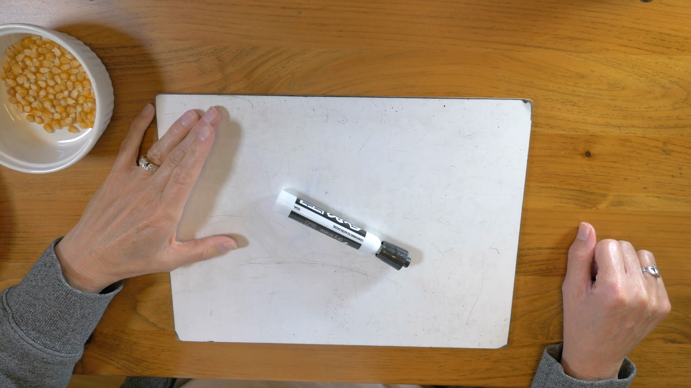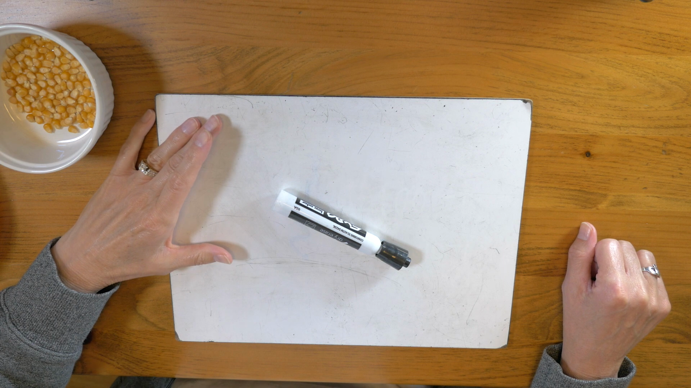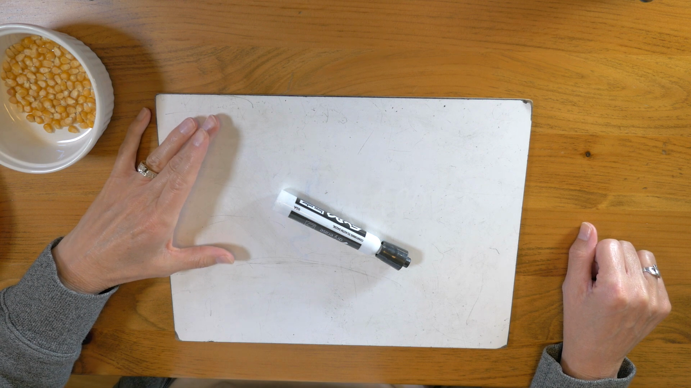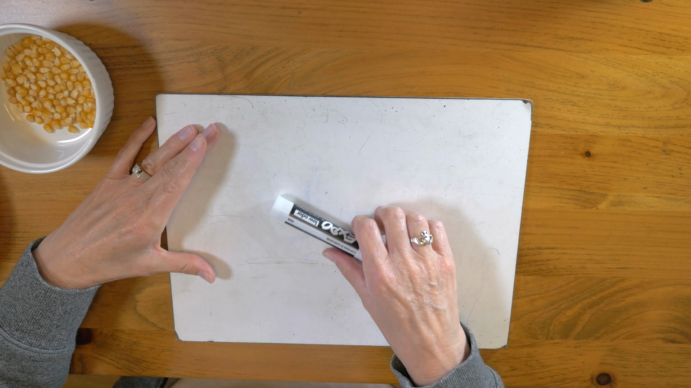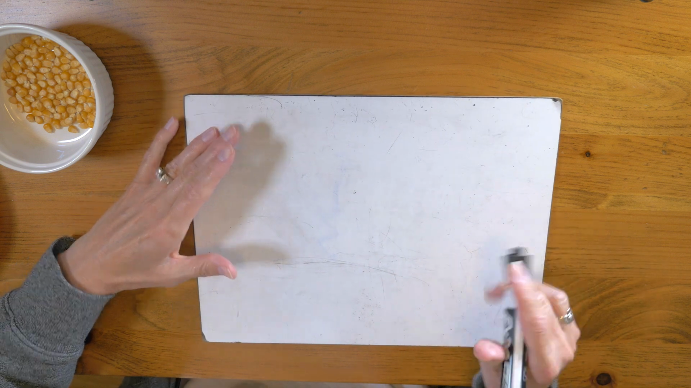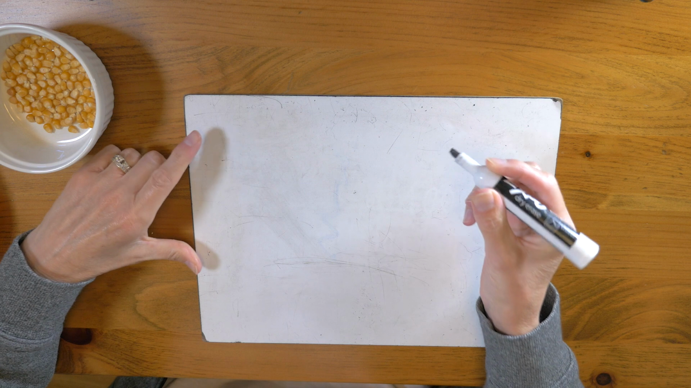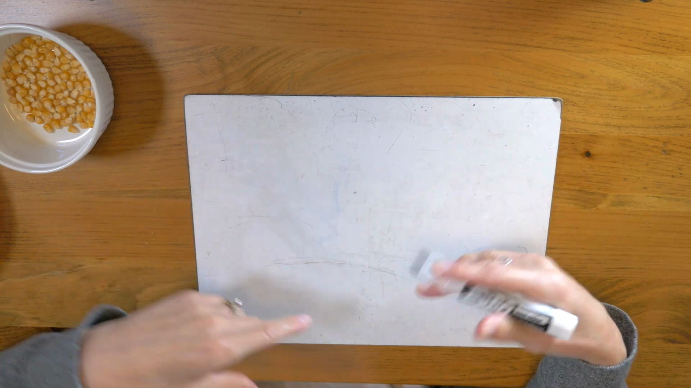Today I'm going to introduce how to do division. And division is related to multiplication. So I'm going to start out by reviewing groups of in multiplication and show you how we do it backwards